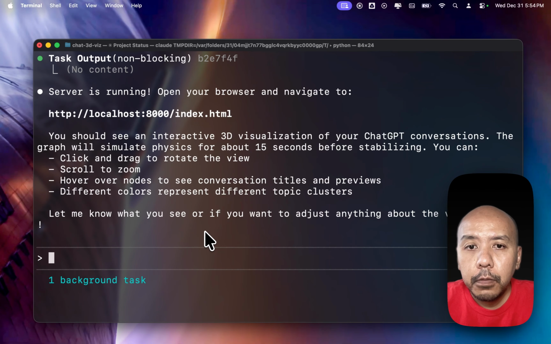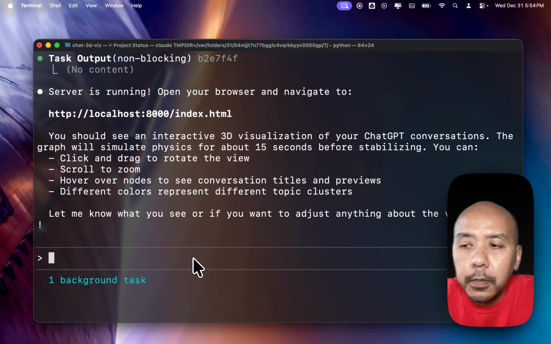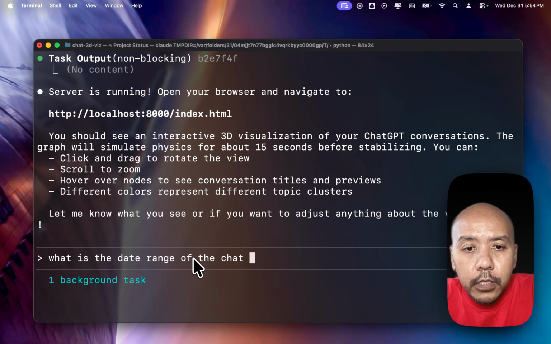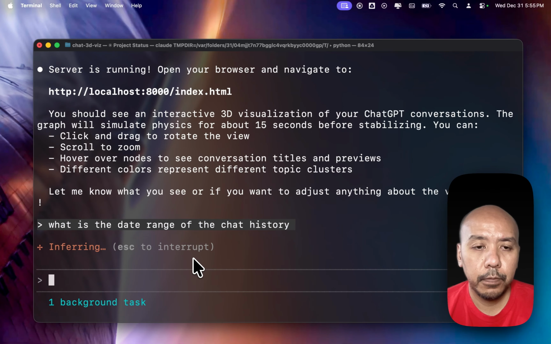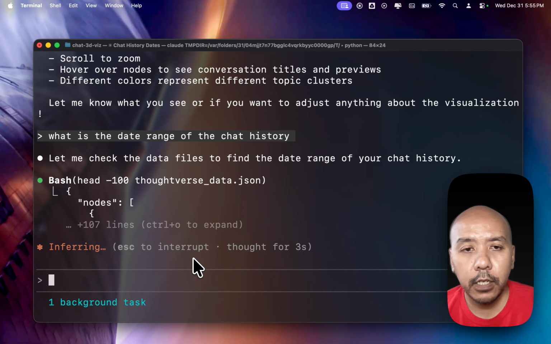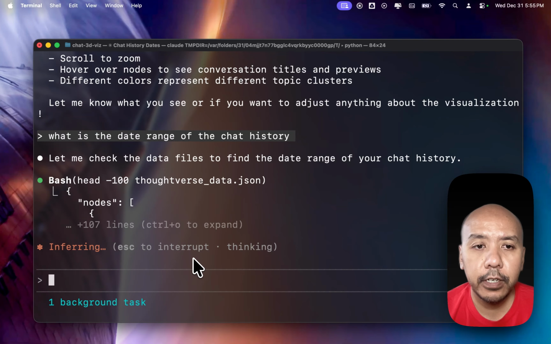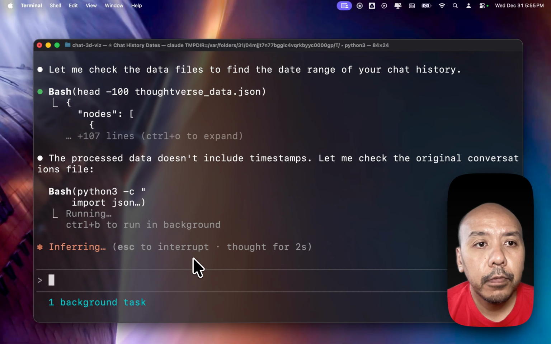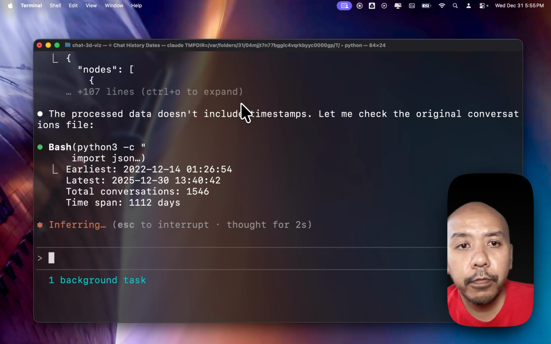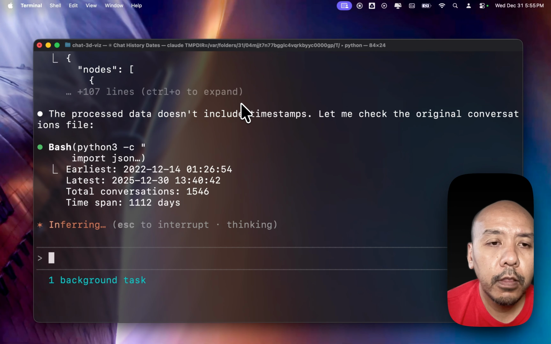Okay, so before we go to the visualization, let's ask what is the date range of the chat history? I think I tested this one before, so it will go into the entire folder of my chat history, and we just get the first to last conversation threads. First it looks at the thought verse data, which is the post-processed one, but it didn't find any timestamps, so it went into the original file